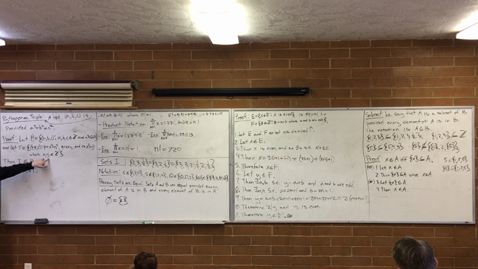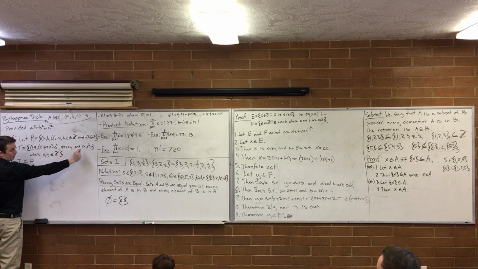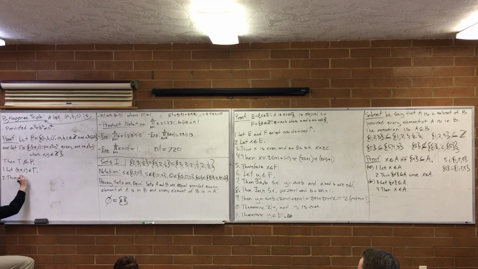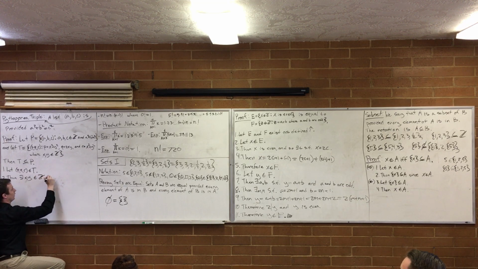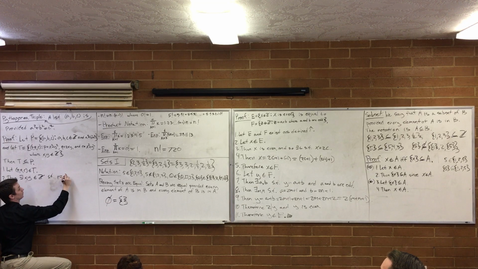We know that there must exist an x and a y such that P equals x squared minus y squared, Q equals 2xy, and R equals x squared plus y squared. Then there exists, don't be confused by the fact I'm using x and y again, integers x and y,